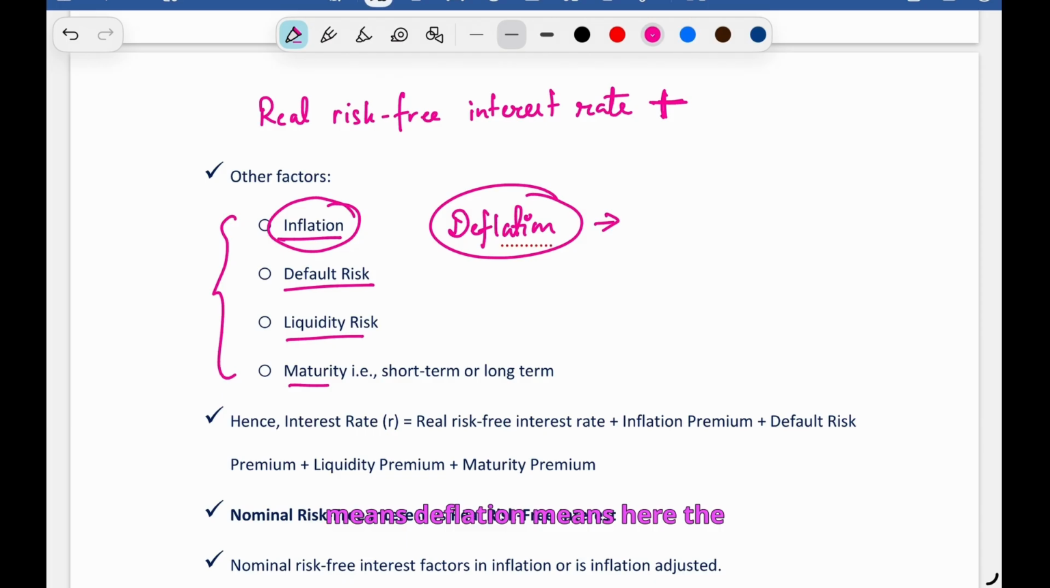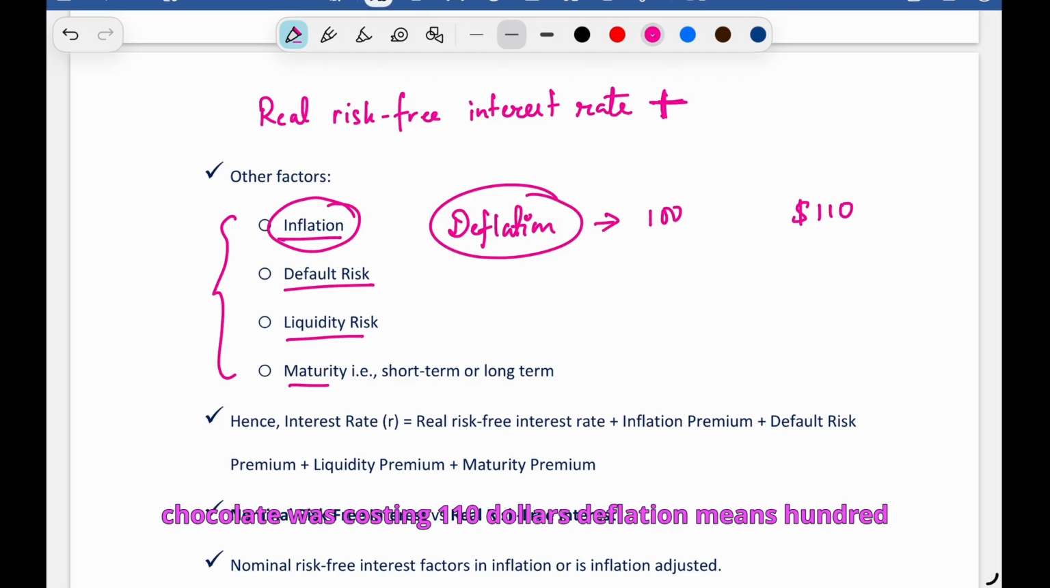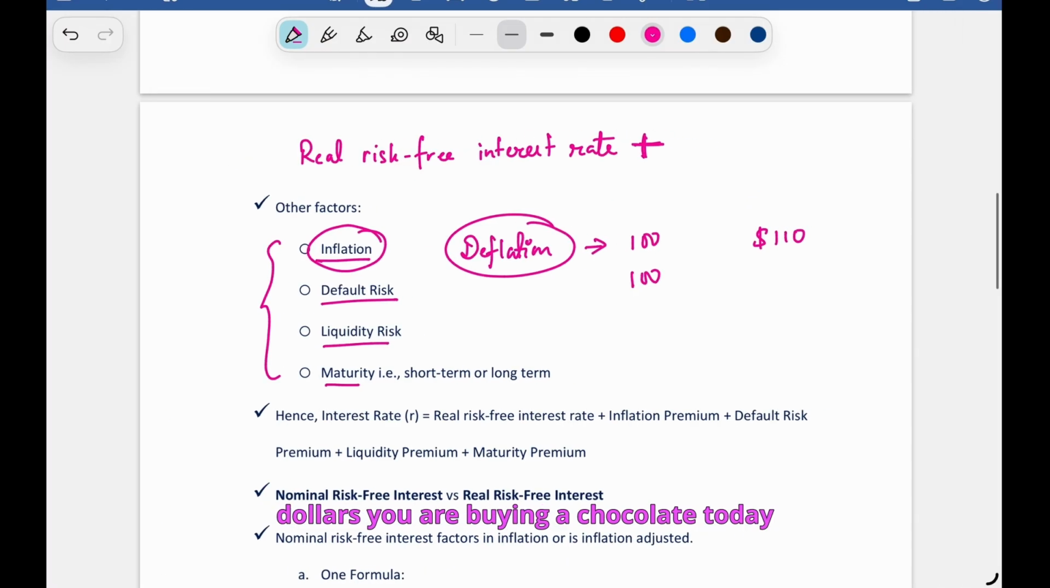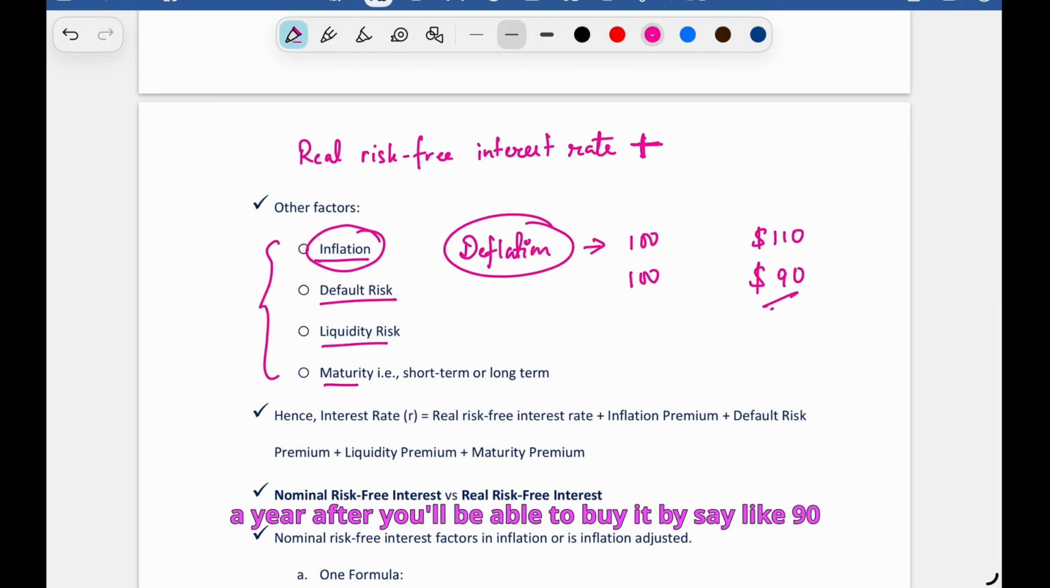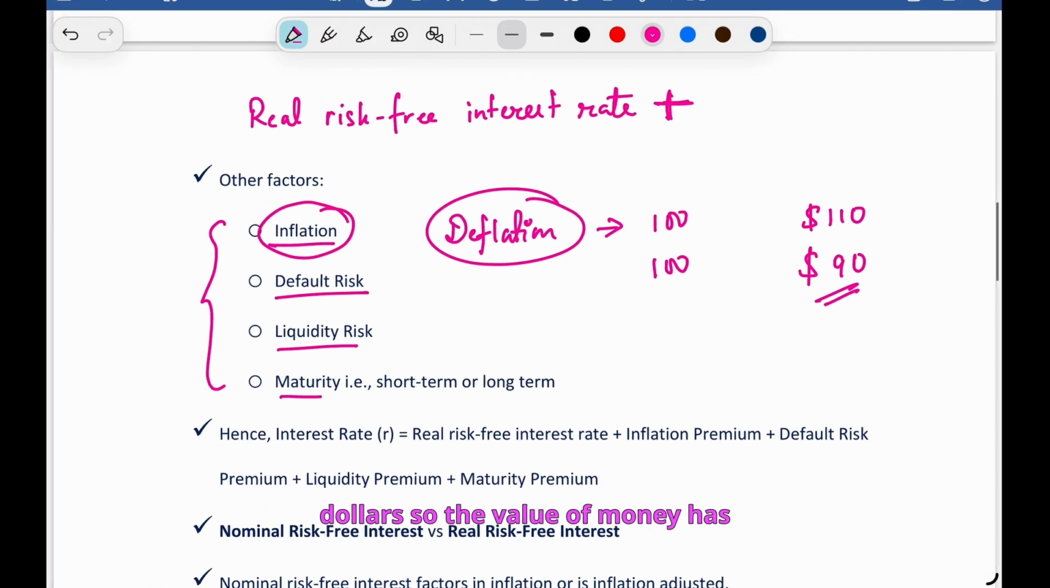Here, the $100 chocolate that you were buying earlier, right? In case of inflation, the same chocolate was costing $110. Deflation means $100 you're buying a chocolate today, a year after, you'll be able to buy it for say like $90. So the value of money has increased. In inflation, the value of money has gone down, right? So